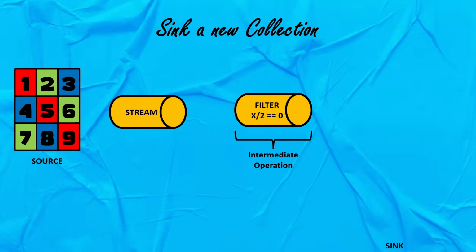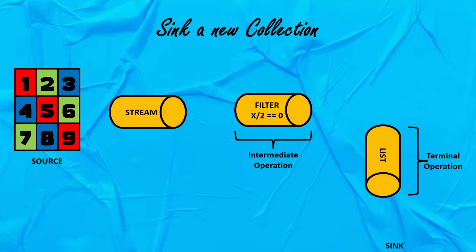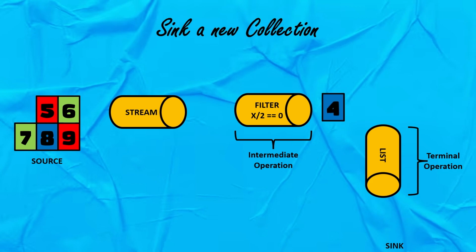So assume that at the end we just want a new list again. So again, this list also can be a terminal operation. Now this list is not the actual word as it is, which we are going to use in our coding. This is just for depicting the things so that you can get an idea how the things are going to work. So this time 2 will go till list, 3 will get filtered out, 4 will be able to pass